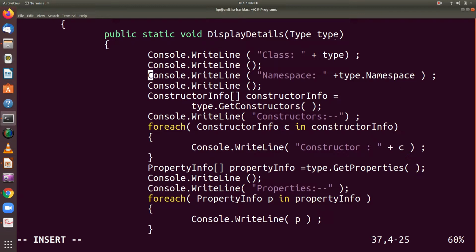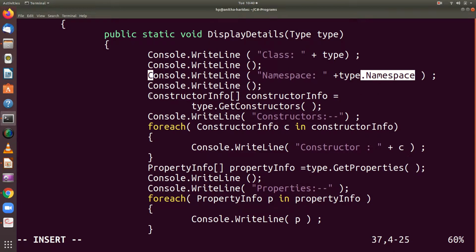property. Observe here, type is the object that is passed, and for the object I have a property called namespace, which will give you the namespace of that particular class.